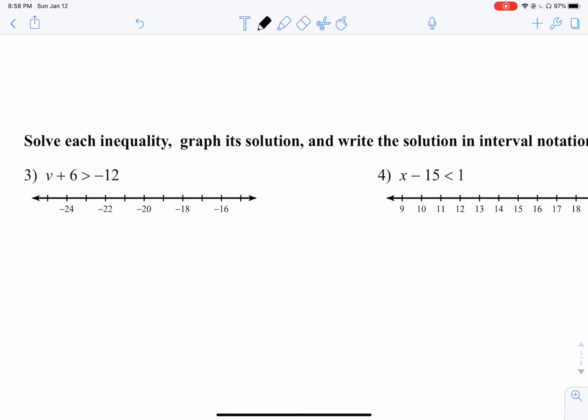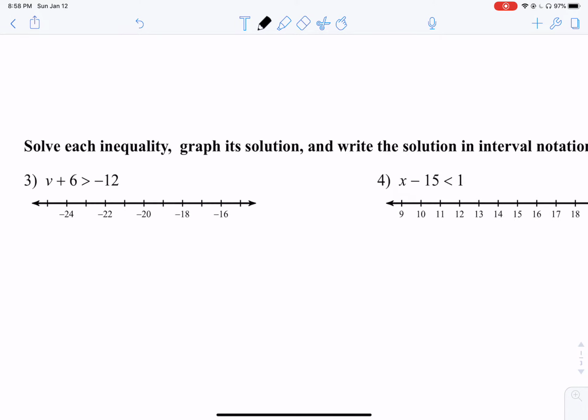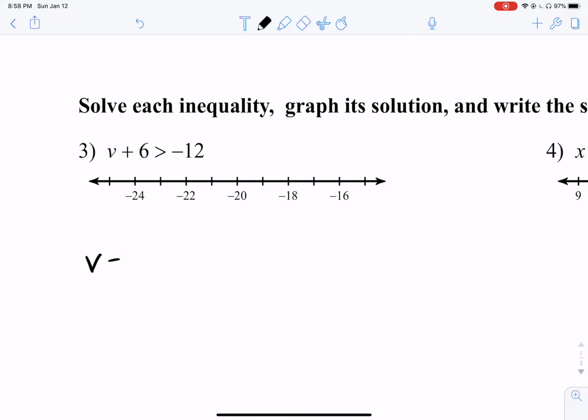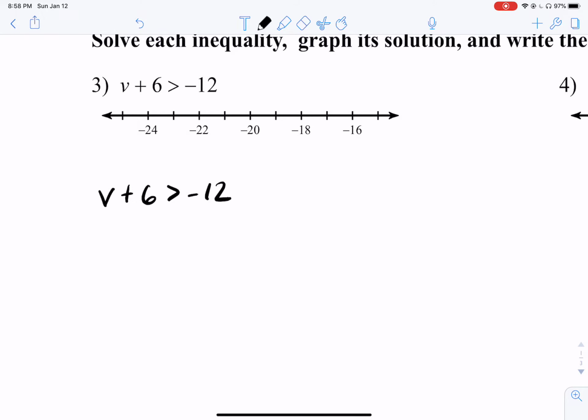Here, we want to solve each inequality, graph its solution, and write the solution in interval notation. So let me write v plus 6 is less than negative 12 down here, and let's solve it. For this one, it's a simple one-step problem. I'm going to subtract 6 from both sides, and v is going to be greater than negative 18. So we're going to put an open circle on negative 18,